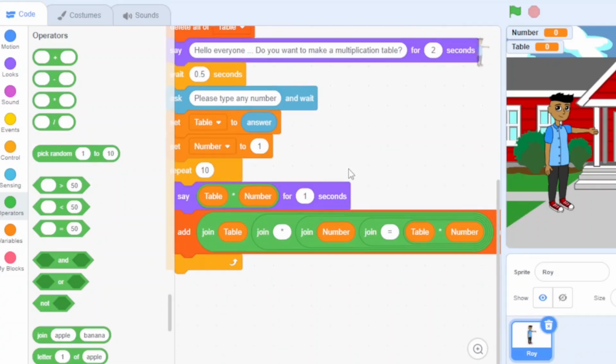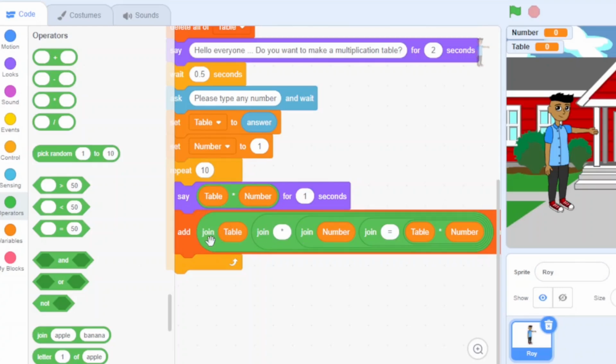So its meaning is it will add to the table list. It will write the table, like I have taken 2 tables. So it will write 2 multiplied by 1 because the number which we are multiplying first is 1, is equal to the answer.